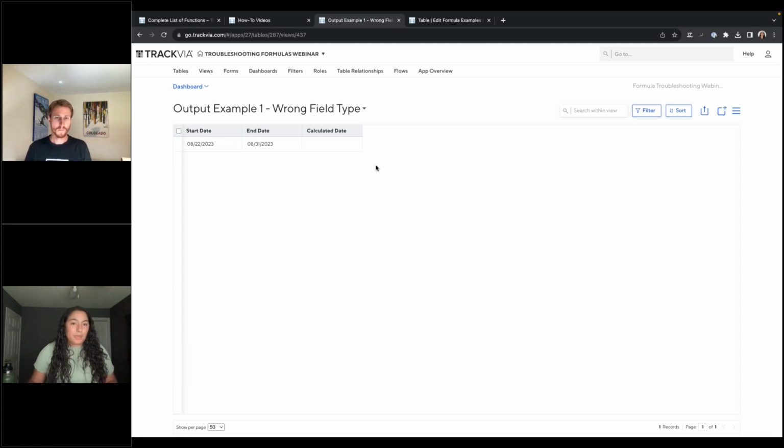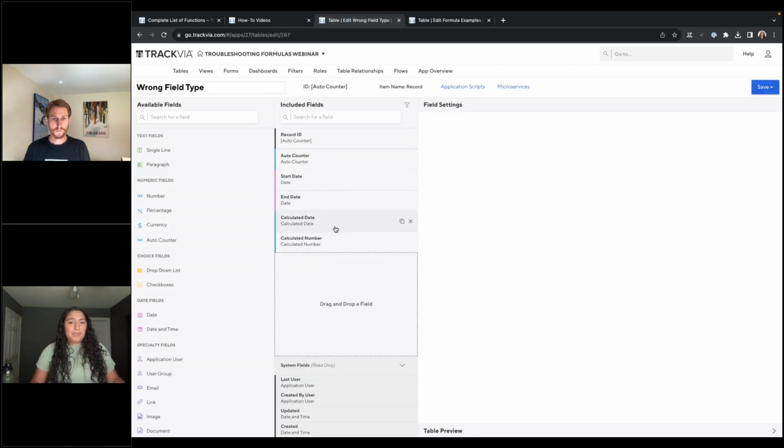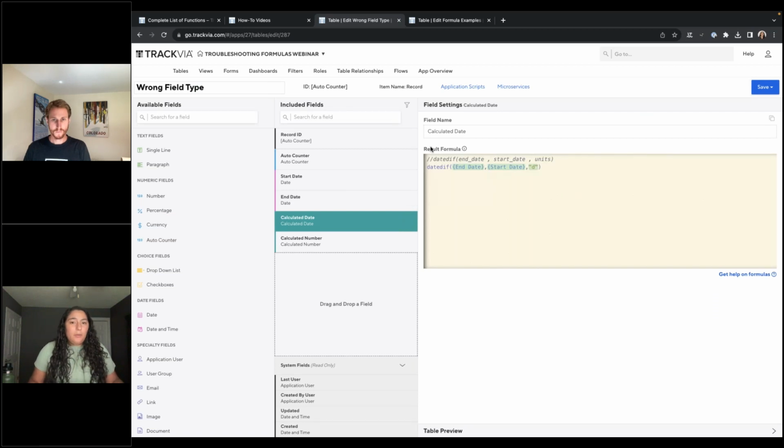Their formula is not working because there's no value in here. So we've identified our problem. I now need to go check the formula. So if I go to edit my table and I'm checking this calculated date field, well, I can see that